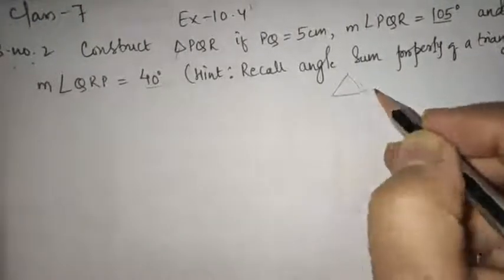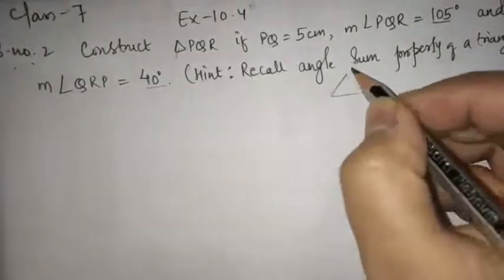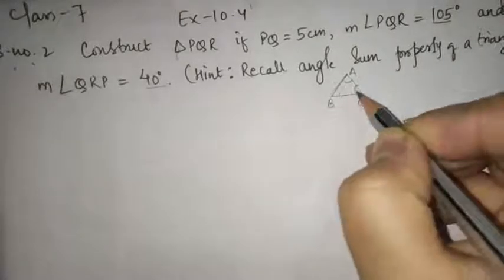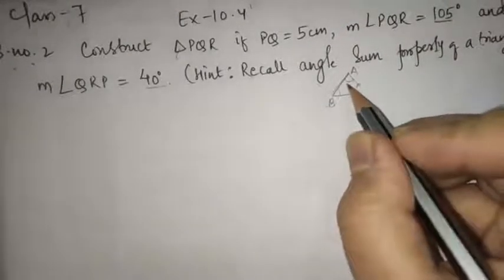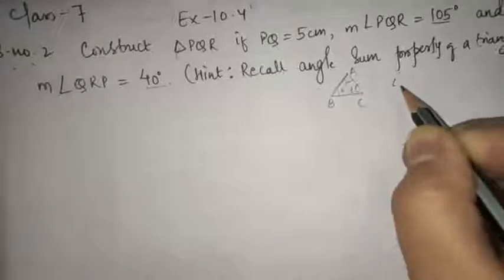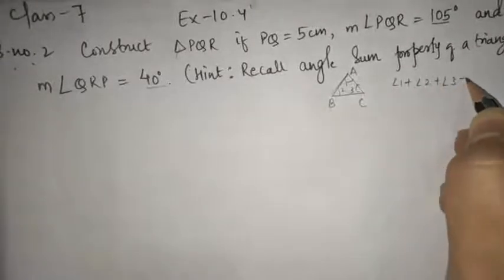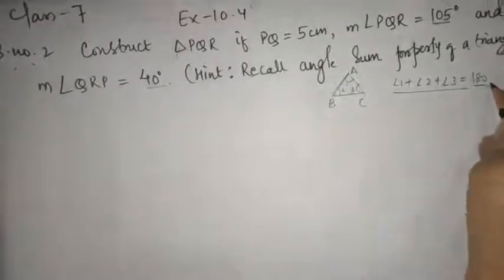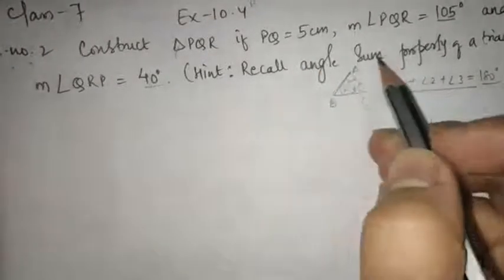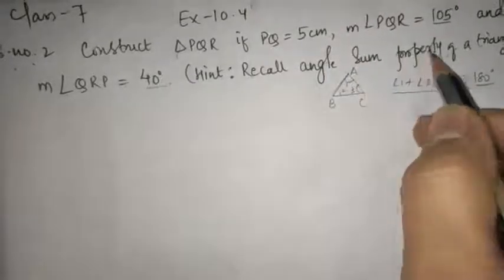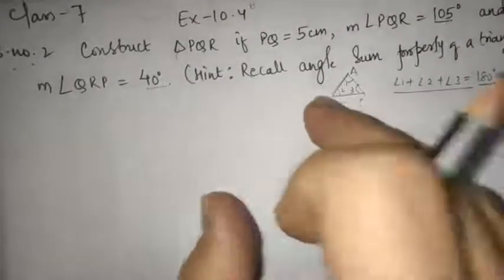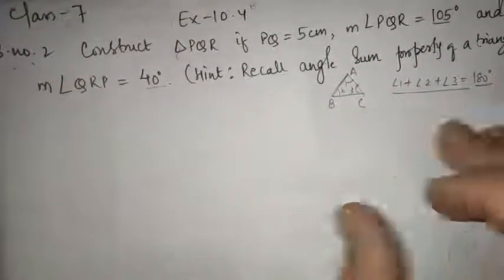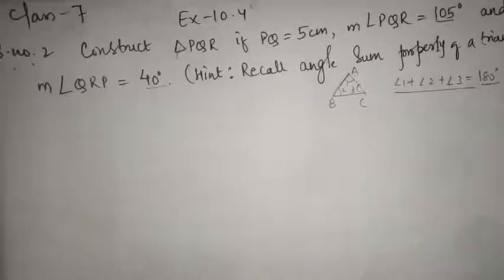So what is first of all angle sum property? In a triangle, say for ABC, there are three angles inside it. So when you add these, say angle 1 plus angle 2 plus angle 3, the sum of these three angles in a triangle will be 180 degree, which is considered as angle sum property of a triangle. So this question is very important from an exam point of view also. So listen to it very properly and do it.